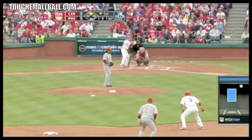Now, let's say he doesn't get that done, and now there's one out. Well, now we can decide to steal third base, but there still has to be a few more things that happen to make sure we will have the best chance of making it. So that's the first thing. You want to have one out. The second thing